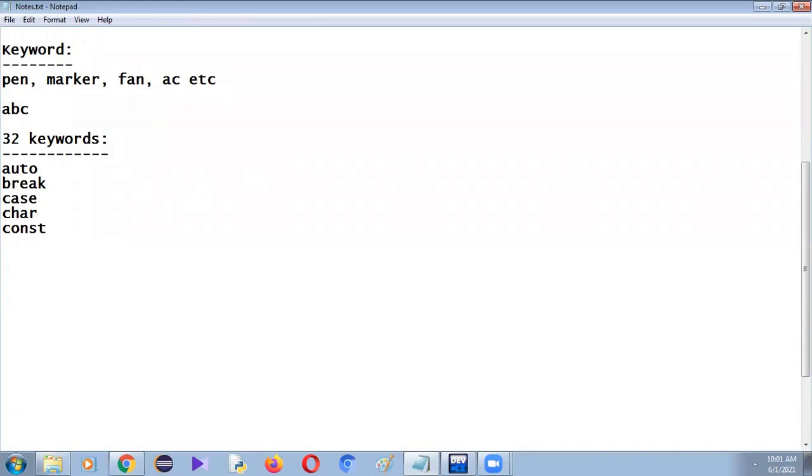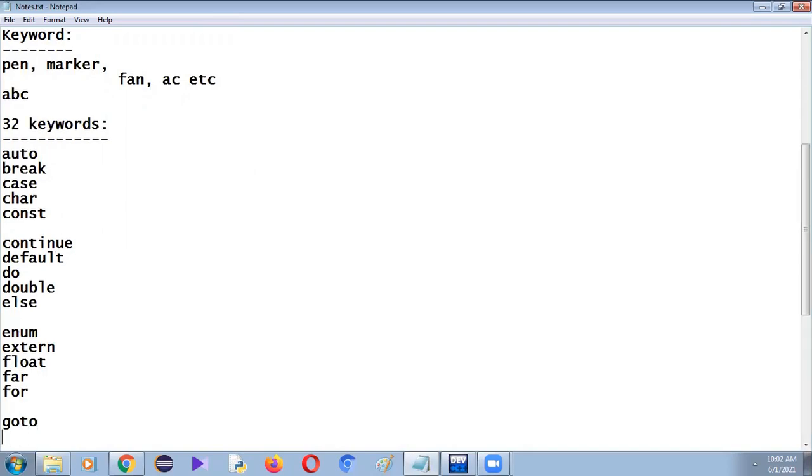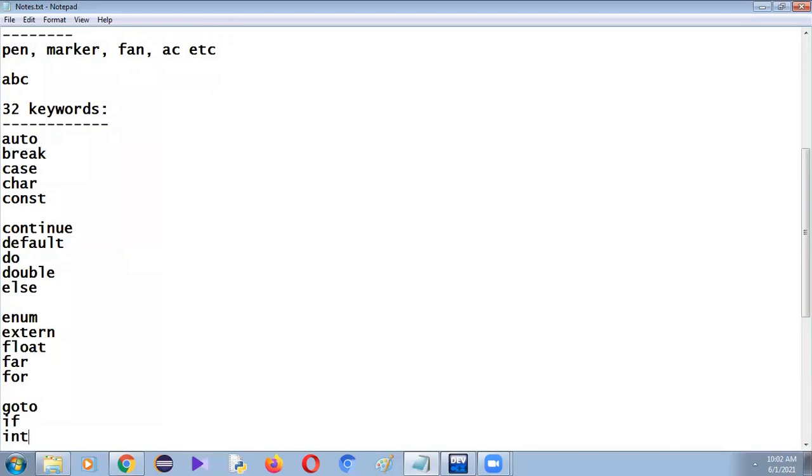Continue, default, do, double, else, enum, extern, float, for, goto, if, int,